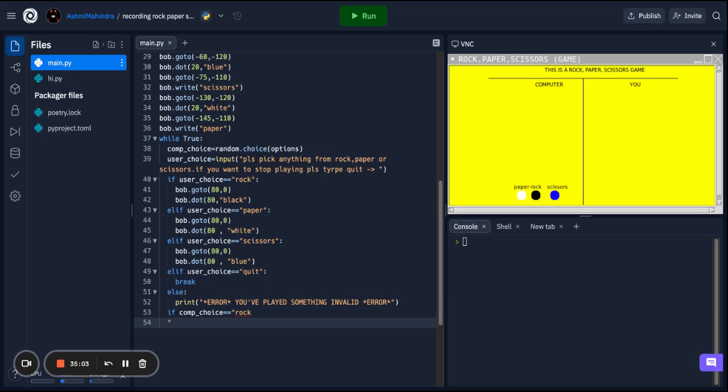We're gonna do bob dot go to, so bob dot go to,